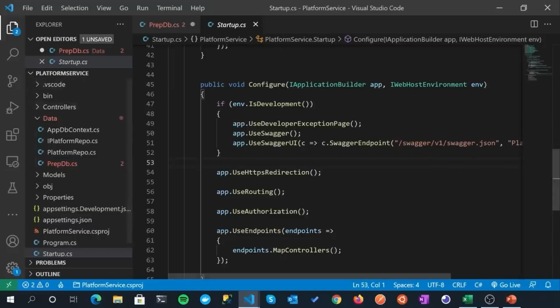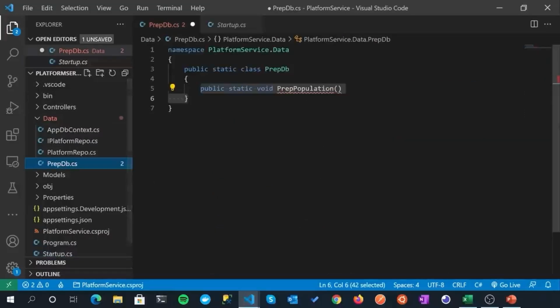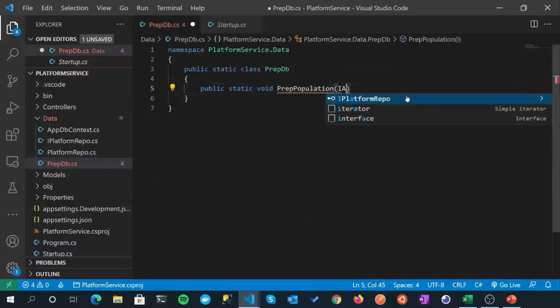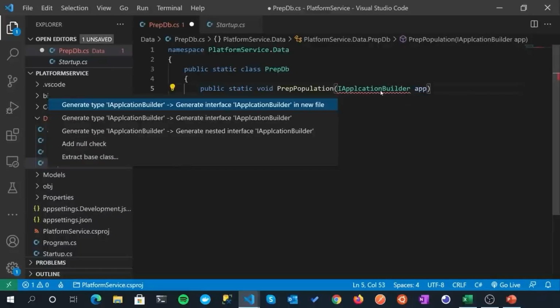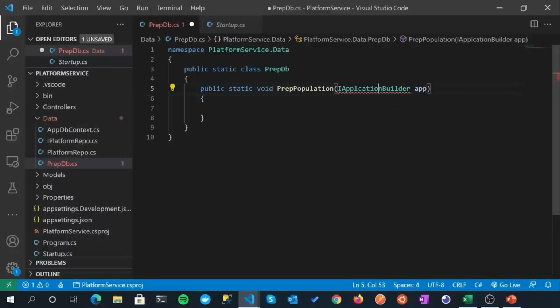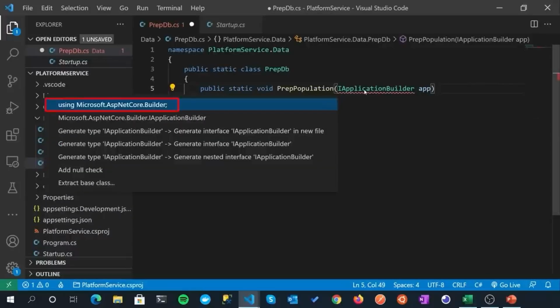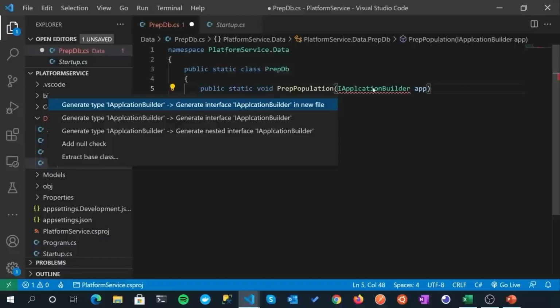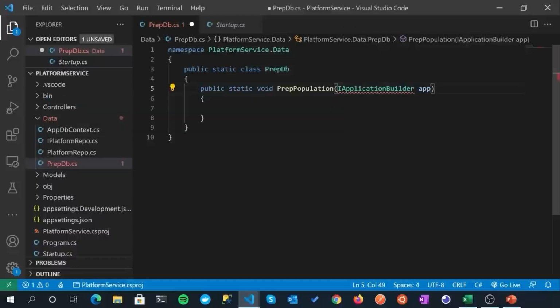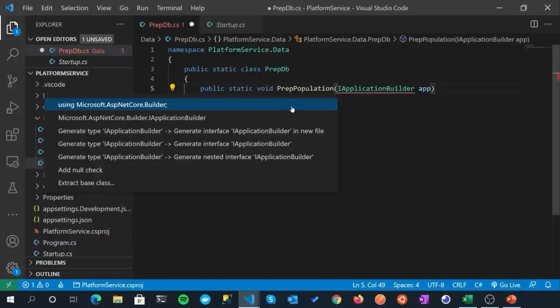So we need to pass in an instance of this to this method over here. Let me code that up now. IApplicationBuilder, and we won't have the namespace for this, obviously, and we'll just call that app. So I'll bring in the namespace for that, and I think I probably spelled it wrong. Yeah, there we go, ApplicationBuilder. Let's try that again. There we go. Using Microsoft.AspNetCore.Builder. So that's a good tip. If you're doing the control period thing and you don't really see what you want, chances are you've spelt whatever it is wrong. Okay. Fantastic.